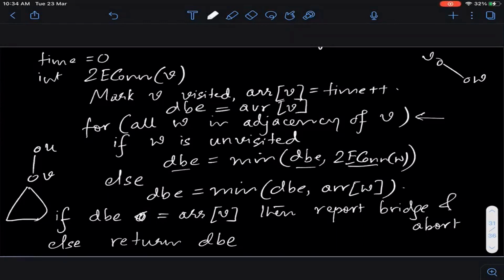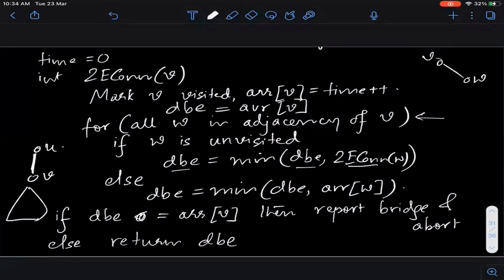But if you look at the other part, here हम क्या कर रहे हैं? Here what we are doing is, if the other endpoint, तो V से जो भी ये जा रही हो, उसका जो other endpoint है, वो अगर already visited है, तो हम उसको minimum of the current DBE और arrival of W से update कर रहे हैं. Now the problem with this, so suppose ये edge भी तो आप consider करेंगे इस loop में. ये वाला जो edge है, this edge between V and its ancestor, तो ये भी इन edges में से तो आएगा एक बार ना एक बार, right? Okay. So the problem is that the arrival time of U is always less than the arrival time of V.